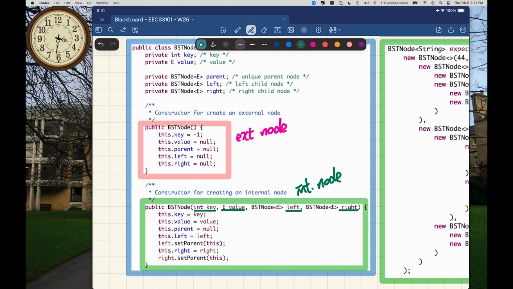Think about it, okay? And then you can see that over here, we're trying to set the key value, and also the parent will just be null for now, and then left, right. And also bidirectional. This part here is also very important. This part over here is saying the following. Let's say the current node is right here. And then we are saying that its left